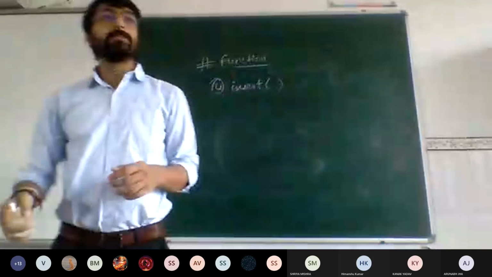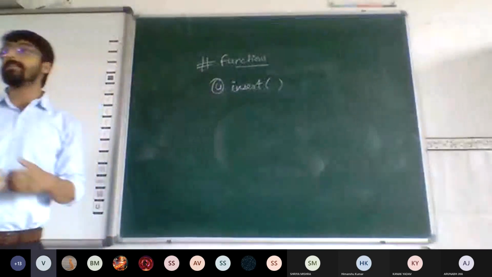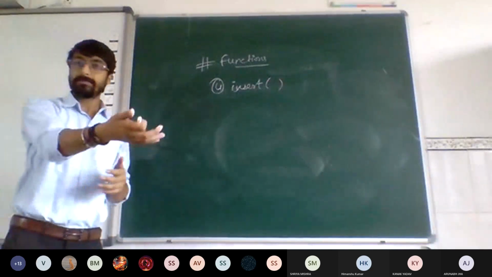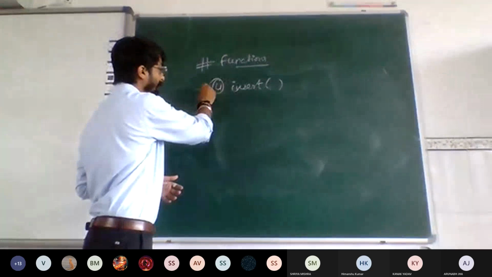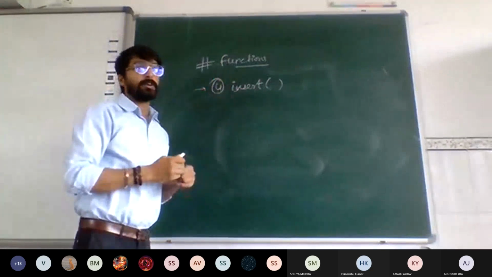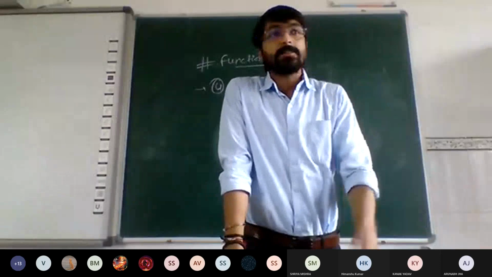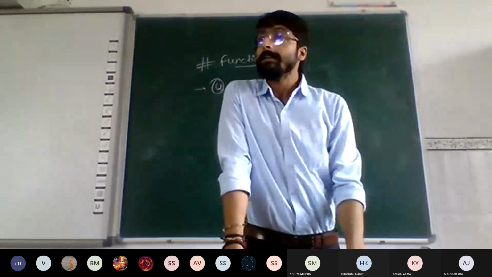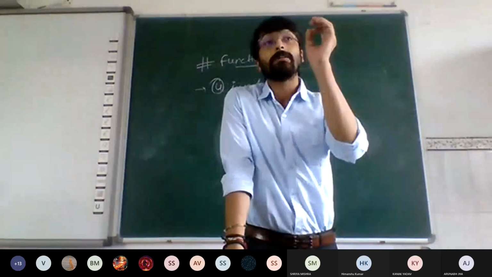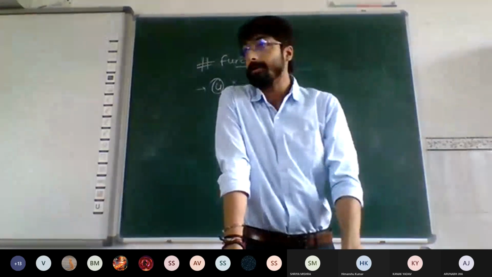So we have seen the append function, which will add an element at the last of the list. We have seen the extend function, which will add a list with a list. The third function to insert an element is the insert function. In the insert function, you have a choice. What choice do you have? With the append function, the element will be added at the last. With the insert function, you can mention the position at which you want to insert an element.